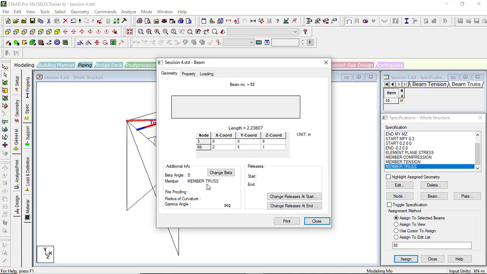You need to be very careful while assigning this truss property, because if you assign it to excessive elements, this can create instability in your structure. You cannot assign the truss property to just any member, so you need to see the stability aspect also.